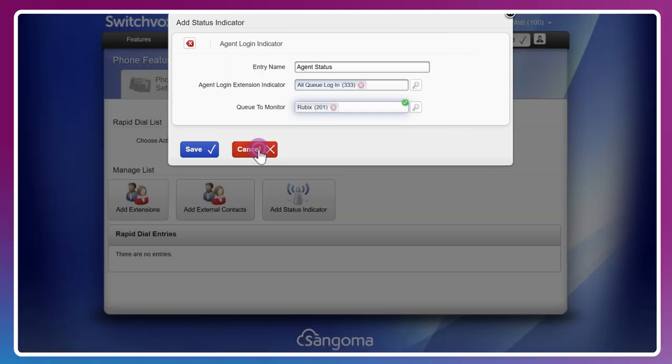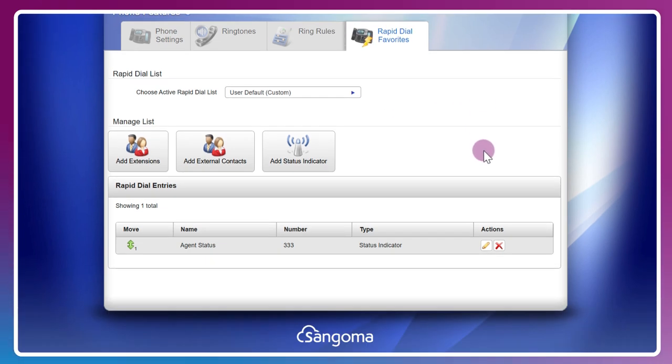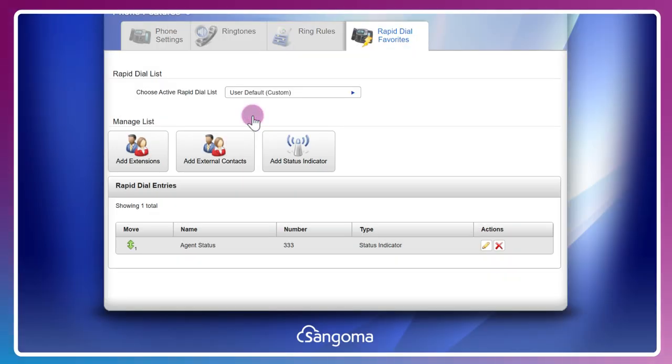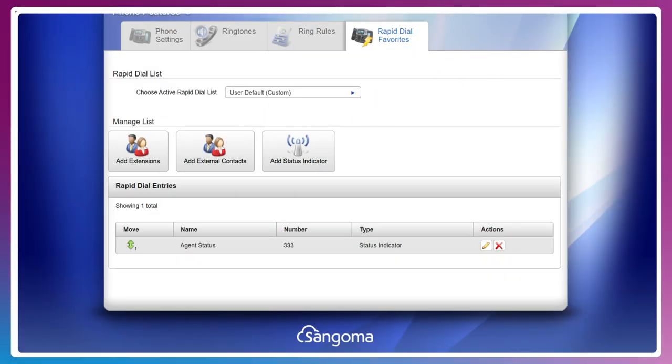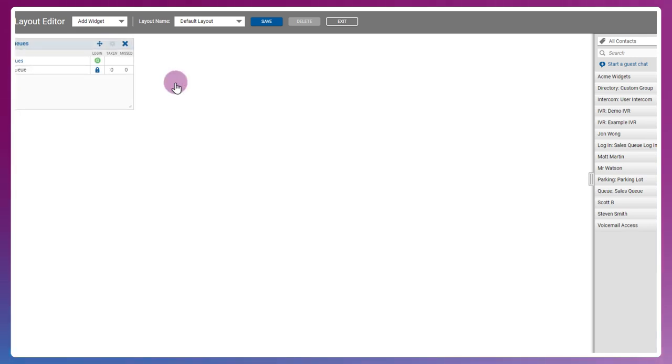Another easy way for agents to log in is by adding the agent status indicator widget to the switchboard layout. If we head there and click on Add Widget, we can head to Queues, My Queues, and here we've got the login, logout, pause, unpause.